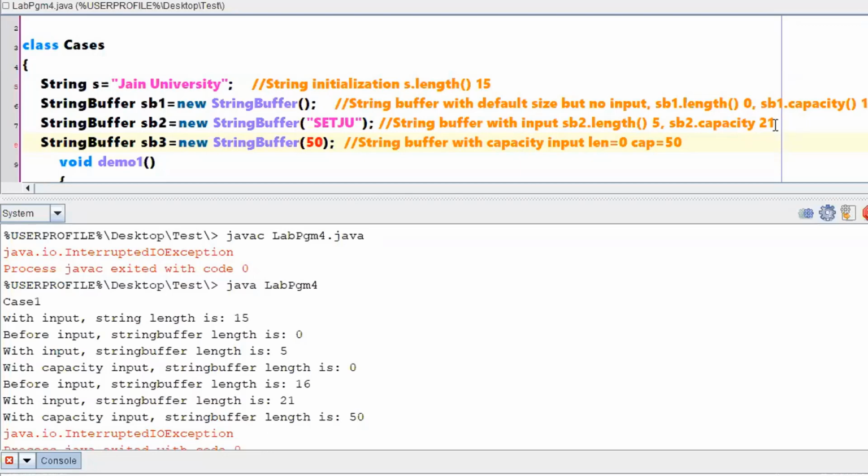You have only two methods. One is length and another one is capacity. Length will give you the number of characters in a string. Capacity will give you how many characters it can accommodate. Say for example, to understand with a real world example, in your class there might be 70 students, right?